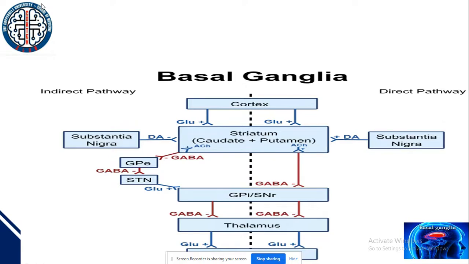So once that happens, we're going to have less glutamate activating the globus pallidus internus. If that happens, then we're going to have less GABA acting on the thalamus. So we're going to alter the indirect pathway. Let's say the movement wanted is to, let's say